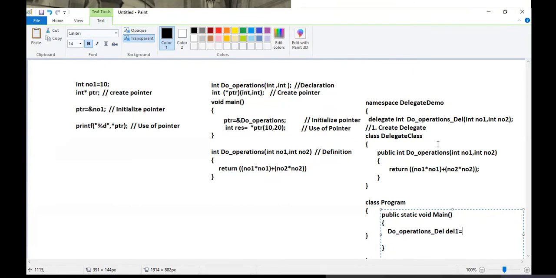I require a class reference of this class, which is the delegate class. So first, let's go ahead and create this reference. Delegate class reference equals new delegate class.